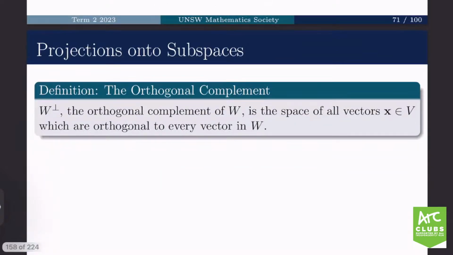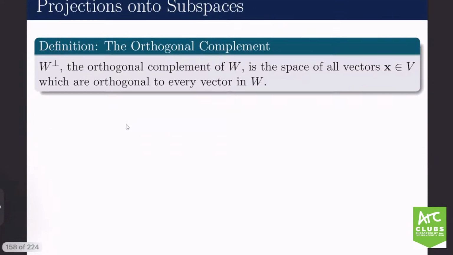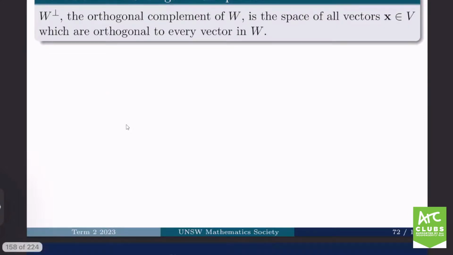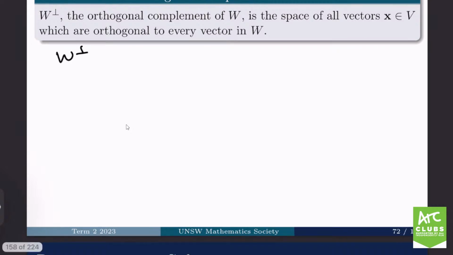All right, now we'll look at this idea of projections onto subspaces. First we need to look at this definition, the orthogonal complement. Given some subspace W, the orthogonal complement is the set of all vectors which are orthogonal to every vector in W. So if I take a vector in W perpendicular, which is the orthogonal complement, it must be orthogonal to every vector